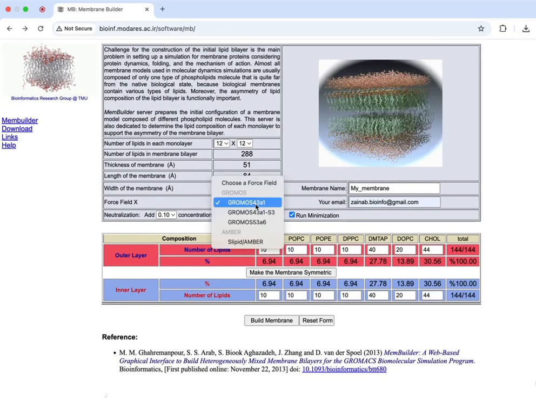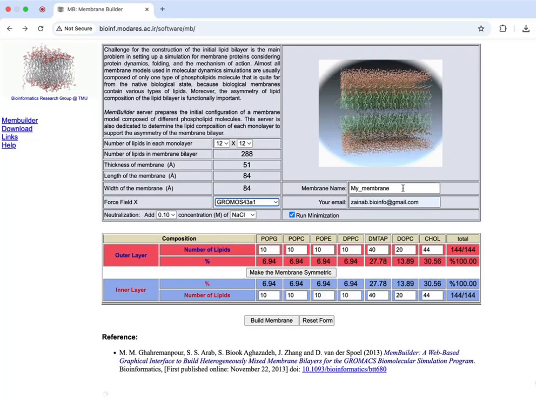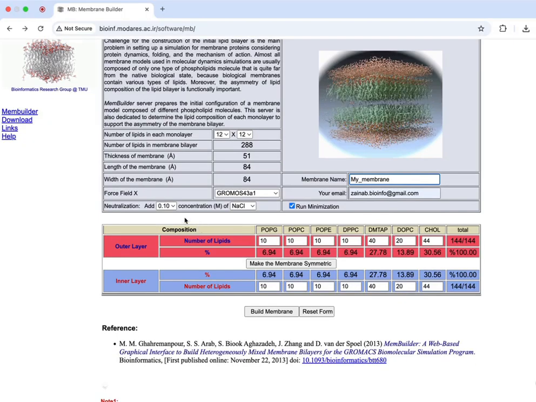Then you have to select the force field, which force field you want to use to design your lipid bilayer. Then you have to write here the name of the membrane. Here I mention my membrane. Then you have to write the name. I mean, you have to enter your email address. After this, you have to add